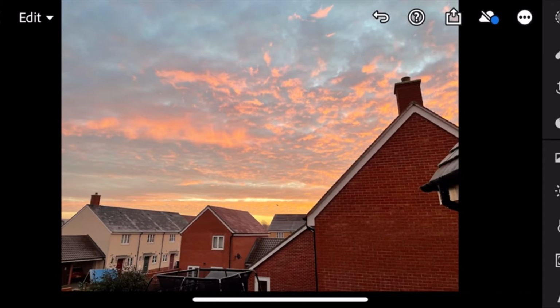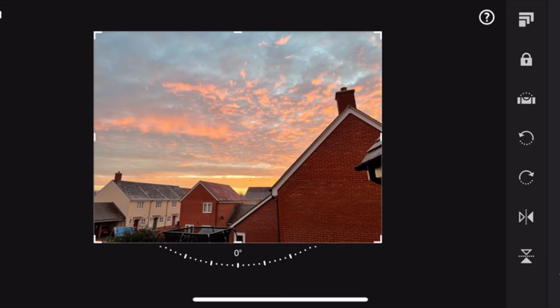Going to go through today how I edit my photos. As you know, I use an iPhone 12 at the moment, and I thought I'd actually show you what my process is when I'm using Lightroom for these videos I've been creating. So first thing I'm going to do is I always straighten out my image